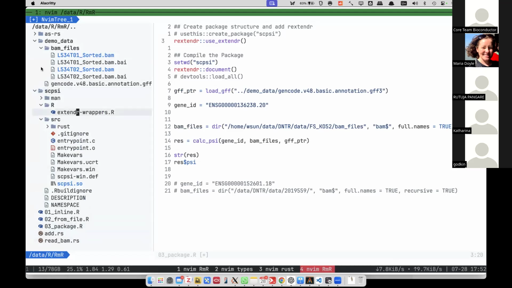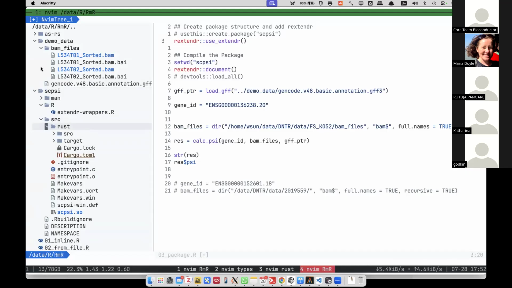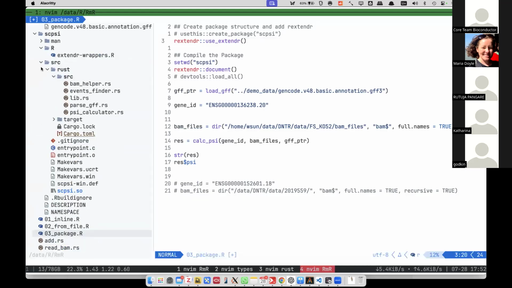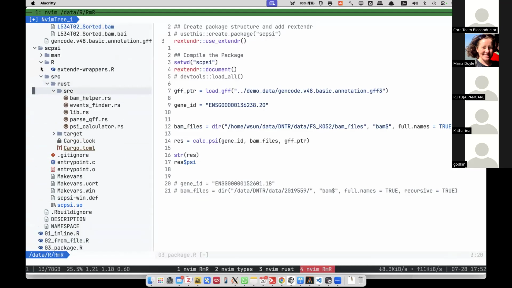So in the R package, there will be the src folder, and it will include all the scaffold files needed to add Rust code. And once we run rextendr use_extendr, we can add files in the Rust, so in the src folder under the Rust folder.